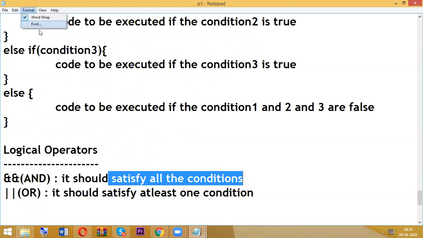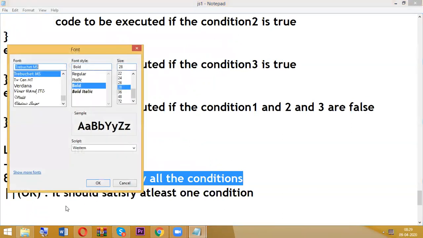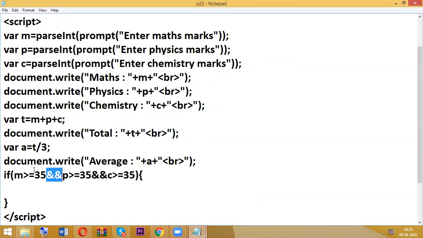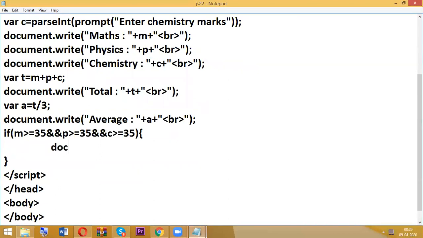If I use OR operator, only one condition. But in this case, I need to satisfy all the available conditions. Whenever all the available conditions are true, then only it enters inside.